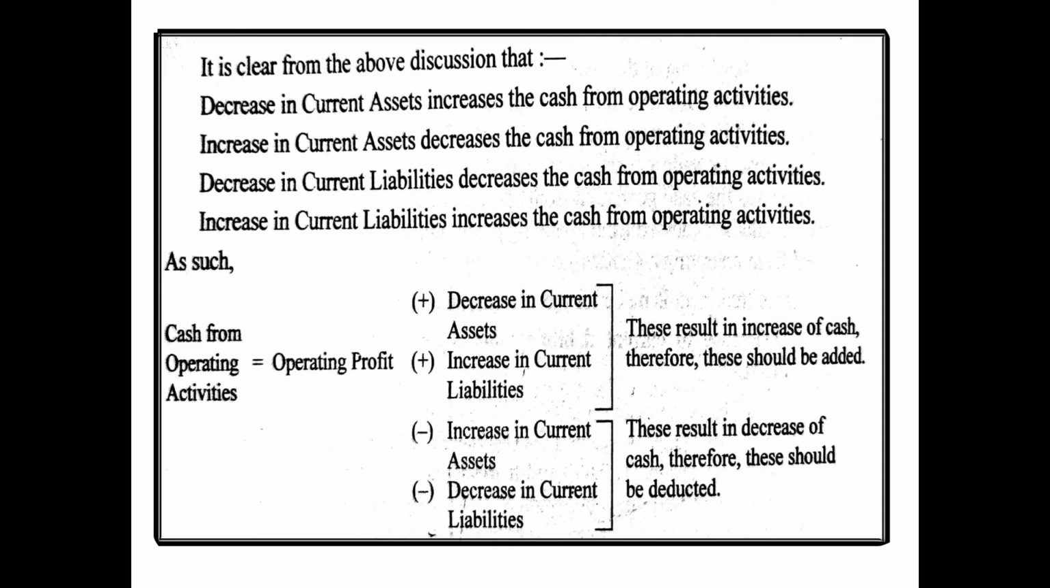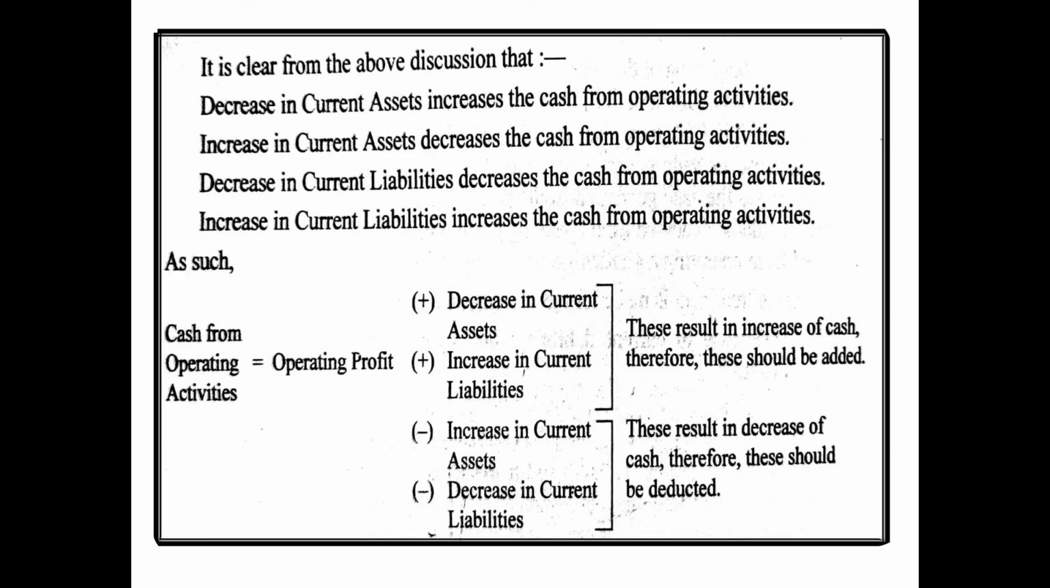To make it more presentable and clear to you, a synopsis, just a summary, has been given to you. It is clear from the above discussion that decrease in current asset increases the cash from the operating activity, and therefore it will be added to the operating profit before working capital changes. Increase in current asset decreases the cash from operating activities, therefore it is deducted. Then decrease in current liability decreases the cash from operating activities, therefore